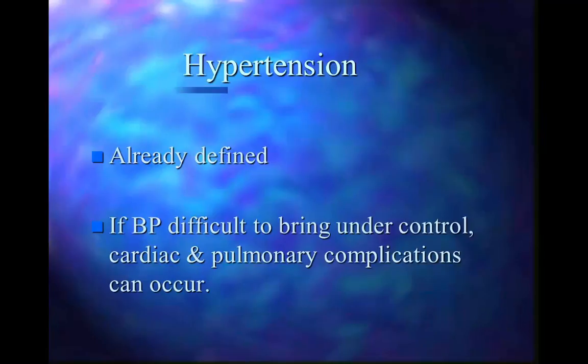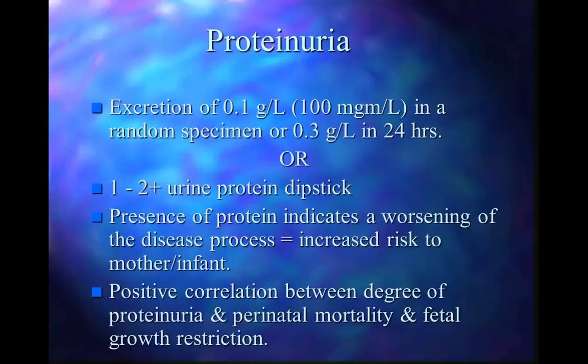We already defined hypertension, and remember, if the blood pressure is difficult to bring under control, then you can have cardiac and pulmonary complications in addition. The proteinuria, we have a definition here that either you have an excretion of 0.1 grams per liter in any random specimen, or it's much more accurate to get a 24-hour urine where you have 0.3 grams per liter, or we actually just do a urine protein dipstick, and all it takes is 1 to 2 plus protein to be considered